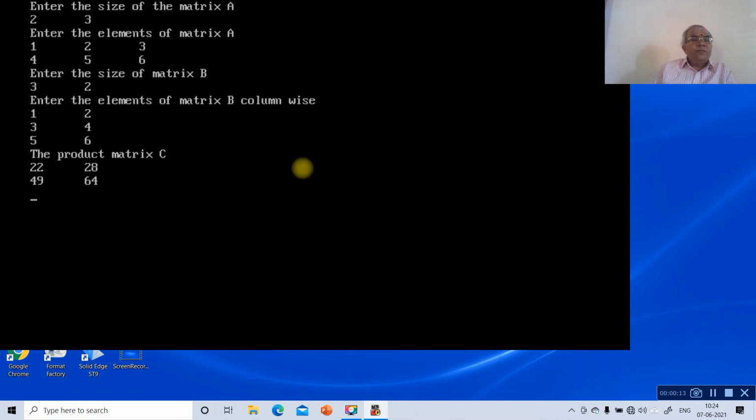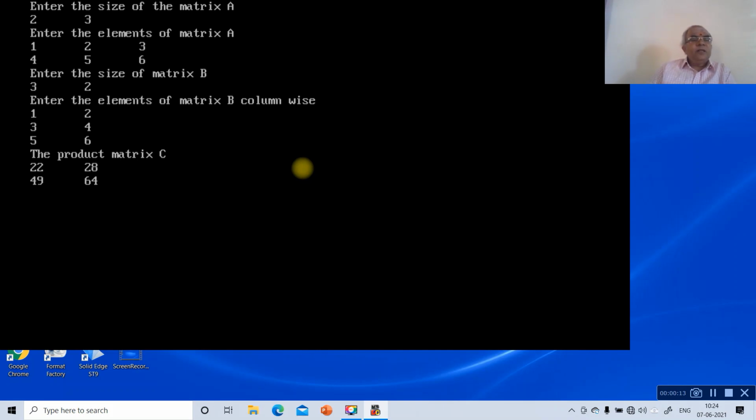Again second row with the first column, 4 into 1 plus 5 into 3 plus 6 into 5. 4 into 1 is 4, plus 5 into 3 is 15, 4 plus 15 is 19, plus 6 into 5 is 30, 19 plus 30 is 49.